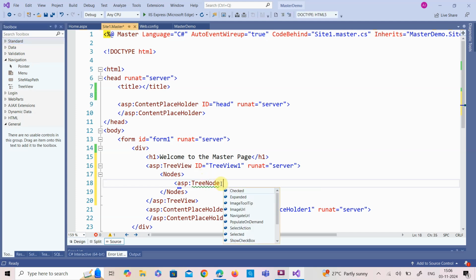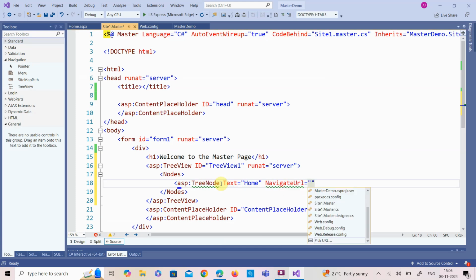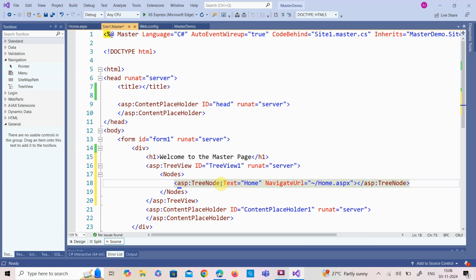And here we have the thing called text. The text specifies what you want to display in the visibility. And then I have the navigate URL. If I click this text, where it has to navigate. So it has to navigate to my home.aspx file. And suppose you want to nest or create subnodes of the tree node, then I